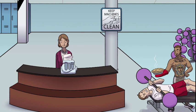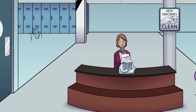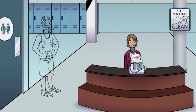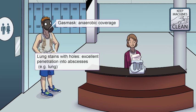Anyways, remember our gym specializes in anaerobic exercise, so the rest of the gym will represent clindamycin's anaerobic coverage. Take a look inside the steamy locker room and you'll see a gas mask, a recurring symbol for anaerobes. Clindamycin is actively transported into macrophages, so it can achieve excellent penetration into abscesses. Important for you to remember are lung abscesses caused by anaerobes. This will be represented by his tank top, rife with abscess-like holes in the chest. And before you think too much about whether he washes that in between workout sessions or not, I'll remind you of an important cause of lung abscess: